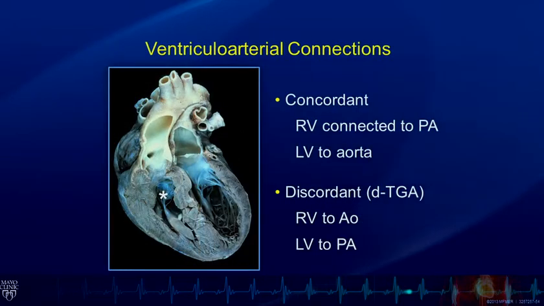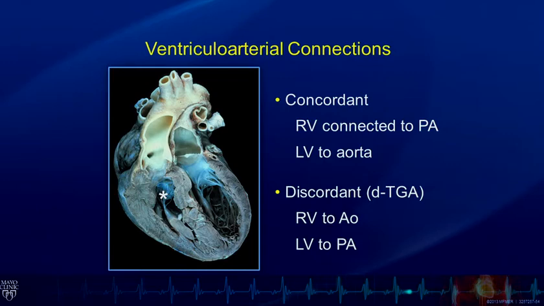And finally, the ventriculo-arterial connections are important. This is a beautiful example of a patient with D-transposition of the great vessels. So the right ventricle is in the correct position, but there's ventriculo-arterial discordance. So the aorta you can see coming off that right ventricle. The right ventricle is demonstrated by the asterisks. So ventriculo-arterial discordance. So remember, the concordant ventriculo-arterial connection is right ventricle giving rise to the pulmonary artery and left ventricle